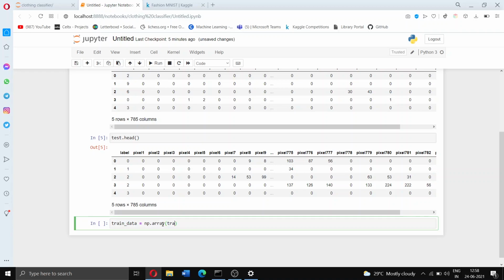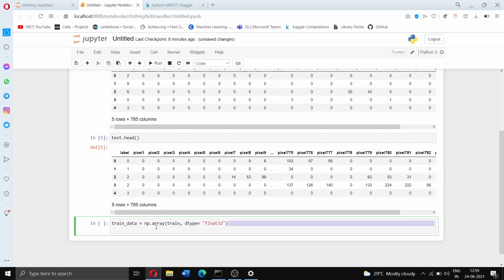So we want to pass train, and it's very important when you're doing computer vision problems that you make the dtype equal to float32 before inputting it into the neural network. So that's just something you have to remember. And let's do the same thing for test_data as well.